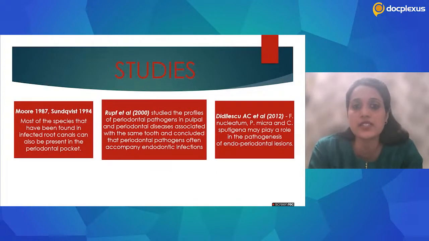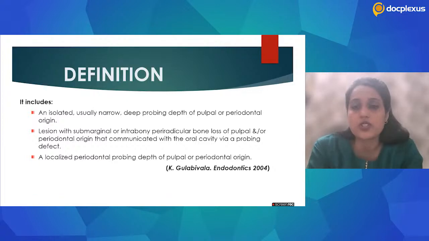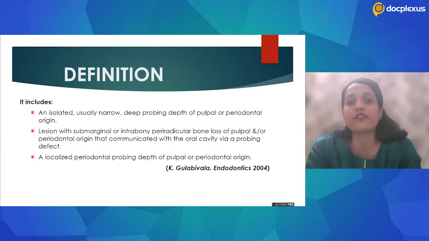So these are the studies that are always important, and a line should always be supported by different studies, because otherwise we cannot just prove anything. Now there is a beautiful definition given by Gulabivala, Endodontics, in 2004. He defined the endoperio lesion as an isolated, usually narrow, isolated,